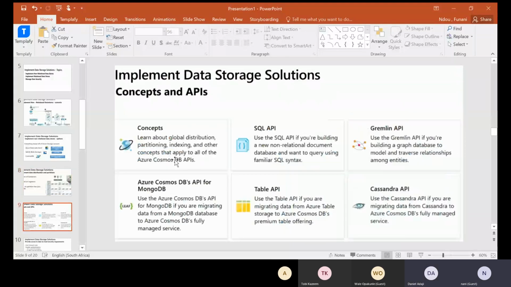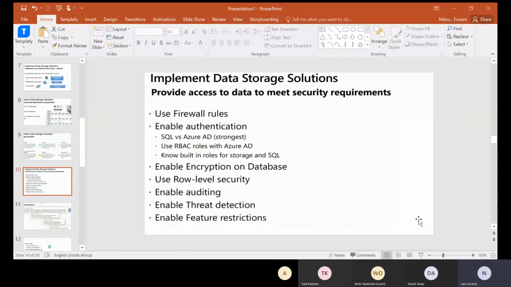implementation. And then I also wanted to talk about the concepts and the APIs that Microsoft has. But I think most of these we'll talk about when we go deeper in explaining each and every API, when we're covering which one works with what. As you can see, SQL API works with the SQL syntax. The table API works with Azure Cosmos and the Cassandra. But I'll share this slide after the presentation so that maybe you can just go through it before you